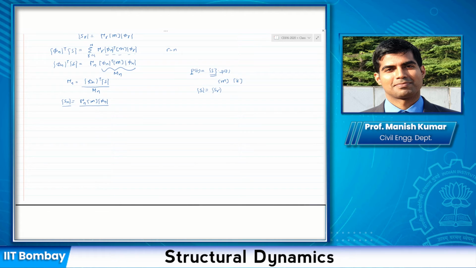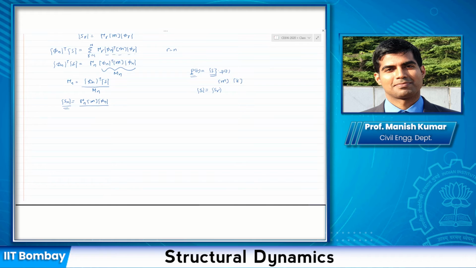Now let us see what the physical interpretation of this S_n is. When you apply this external force P(t), a structure can vibrate in any of its modes, right? When a structure is vibrating in each of its modes, can I say that in each mode it would have some inertial forces associated with each degree of freedom? Can I say that? What does S_n basically represent? It represents the distribution of those inertial forces associated with the application of the applied force.